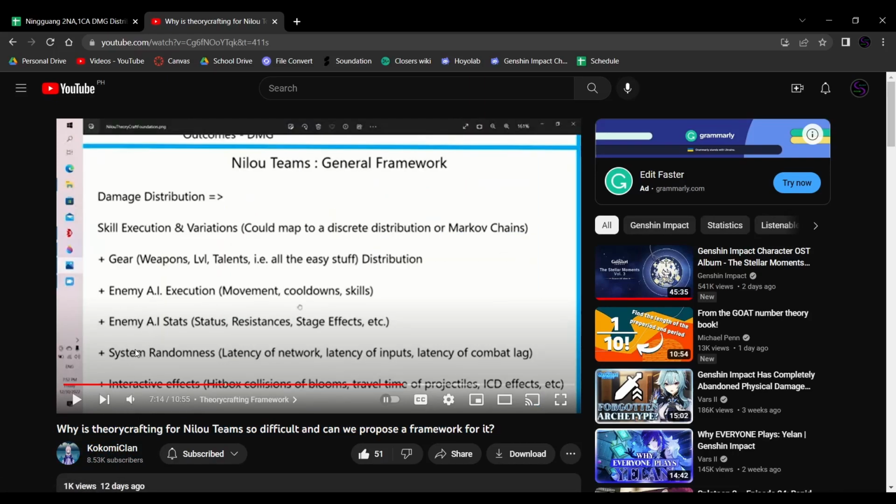Enemy AI, various other factors, and gear. For me, I'm also just starting off as a theory crafter, so I doubt I could actually accurately determine these things. So this is something I found very interesting, and I decided, why not? I'll try it, but I'll do it with something that I know. But let me give you some background.